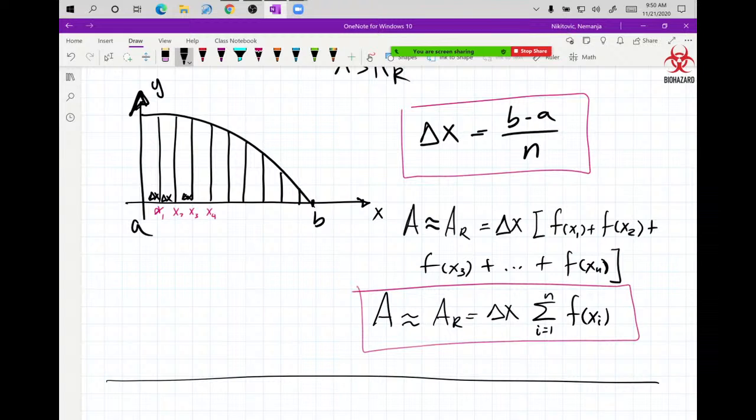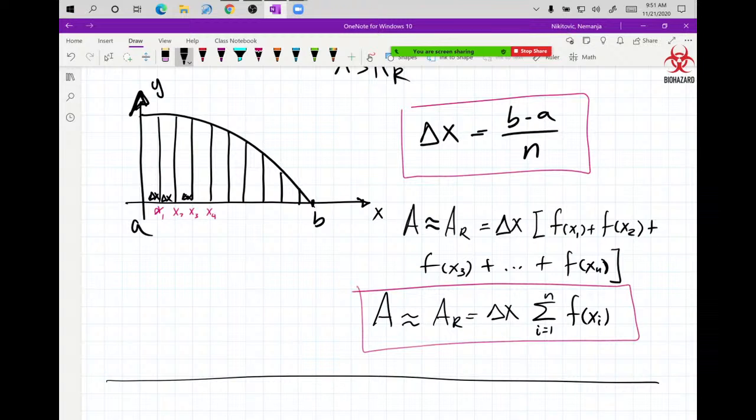So if I keep stuffing in more and more of these rectangles under the curve, the more rectangles I stuff in, the better my calculation will be. There will be less error,